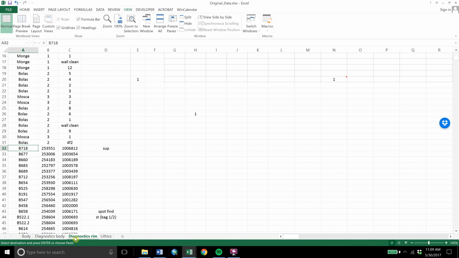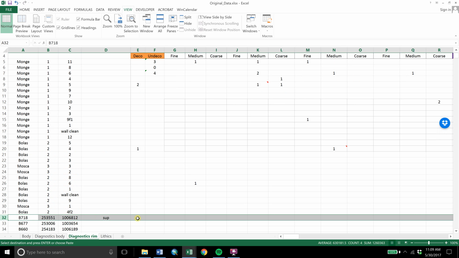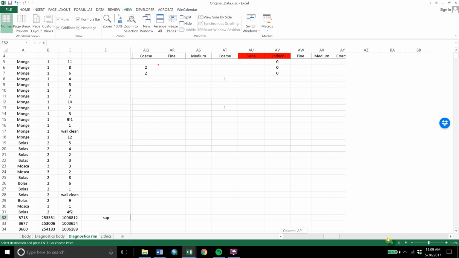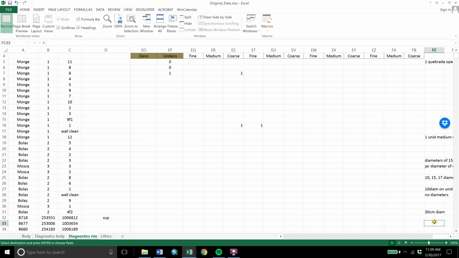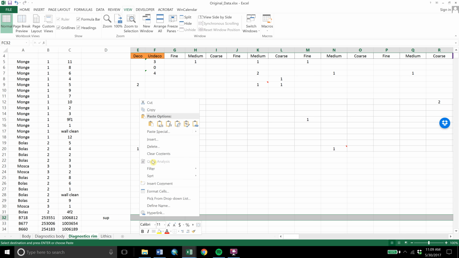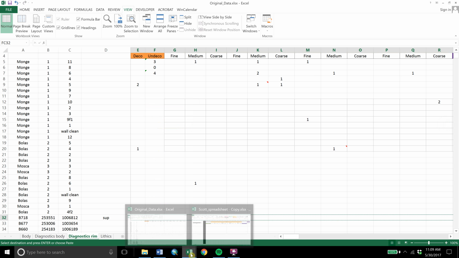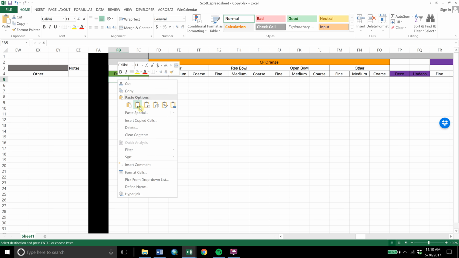I'm going to do the same for the next one, the diagnostic rim data sheet. Here we have our collection lot down here. I want to click and drag, but that's time consuming. So I'm going to advance and advance and advance to the very end of the spreadsheet where it ordinarily says notes, making sure, because it's highlighted over here, I'm in the correct row. Once again, I am holding down the Shift key, pressing Home, releasing the Shift key, right-click, copy, back to the master, right-click, paste values,